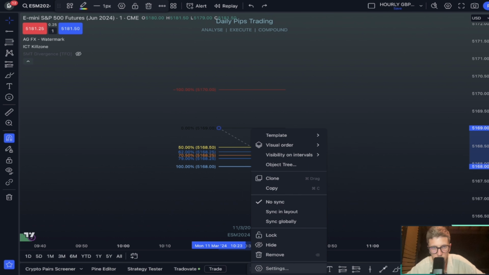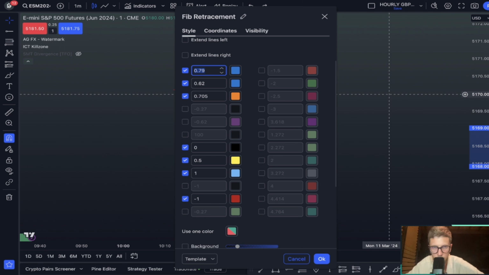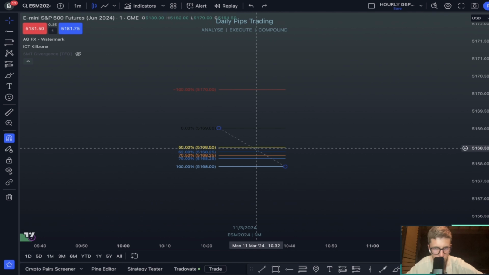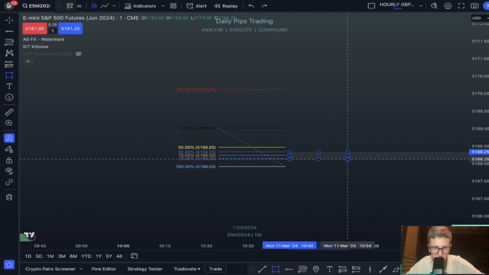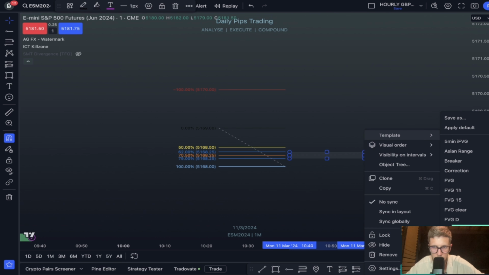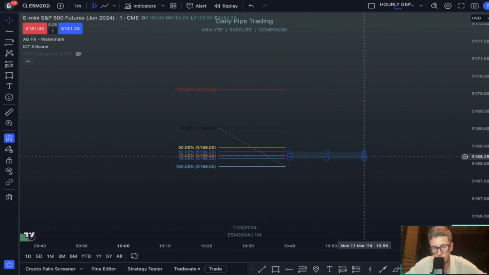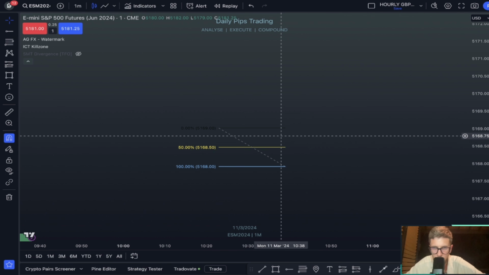So if you want to take a screenshot of this, these are the settings of me using that 1 standard deviation, and I have always premium discount with 50% level and 3 main optimal trade entry guidelines here with 62, with 79 and 70.5 resting in the middle, and then 70.5 according to ICT is the golden level. So I love using that. I love working with that. Okay. Another fib is 50%. So just to find discount and premium,